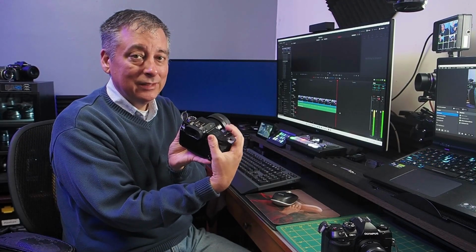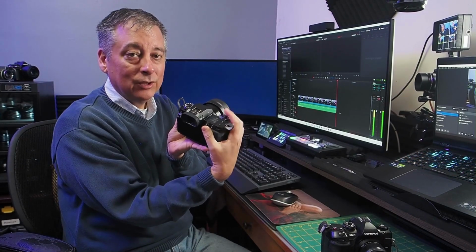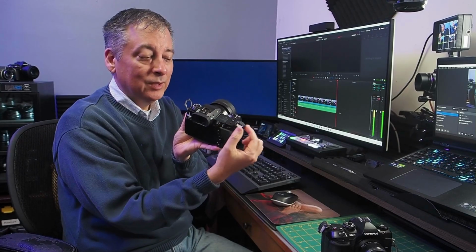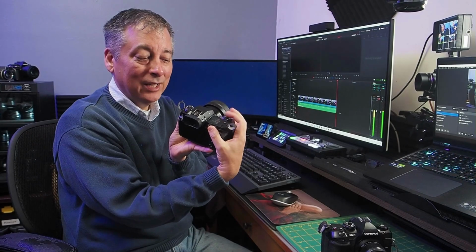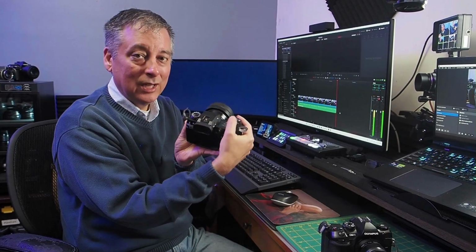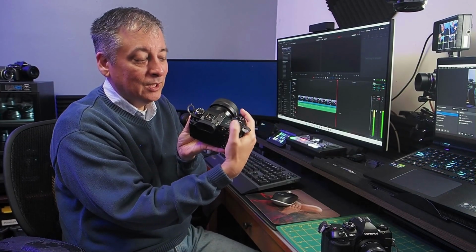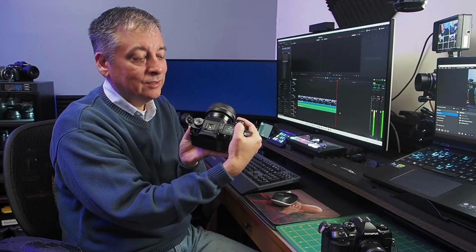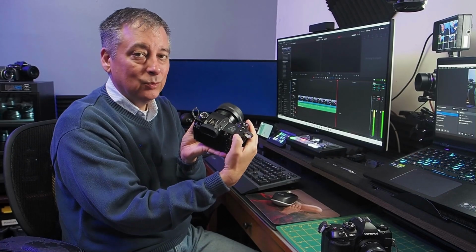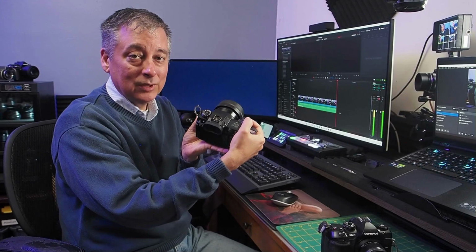But these three buttons here, I can't really access with my index finger without loosening my grip to push these. And then even if I do get access to them by loosening my grip, the camera strap is going to get in the way of accessing these three buttons. So what I found was the way to operate these three buttons is really with your thumb. You have to loosen your grip to come up and adjust. This is set to ISO and white balance, and then this is customizable here. So this workflow, again, requires me to loosen my grip to be able to access